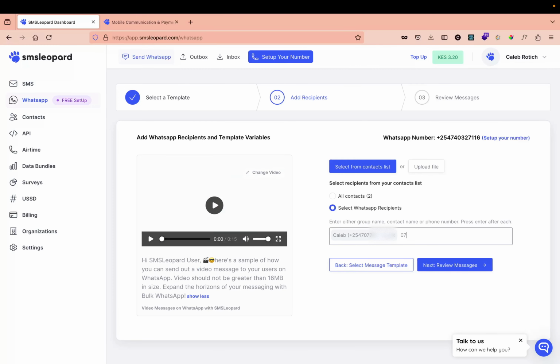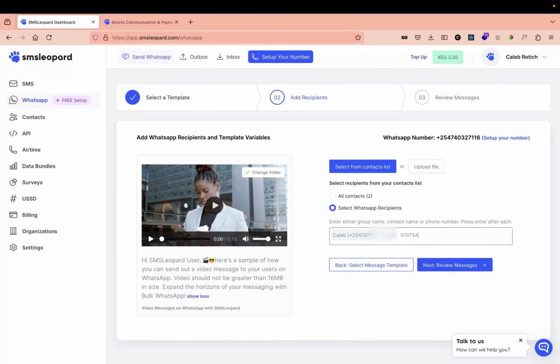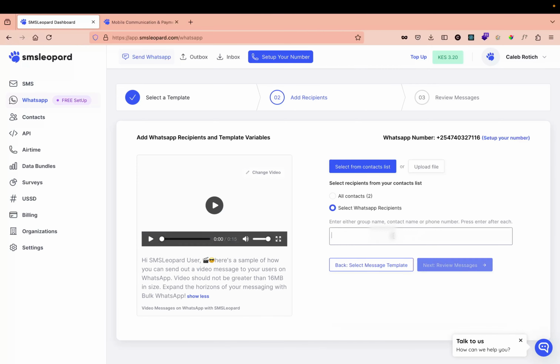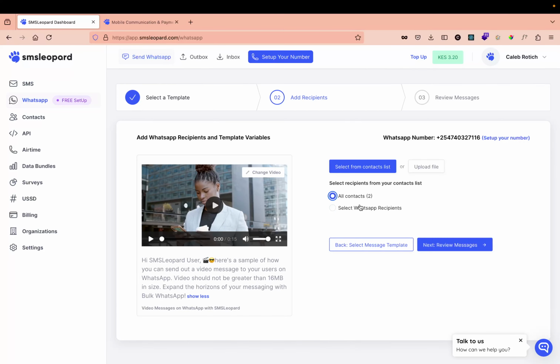You can just add a number for instance, like that, and then you select the number you want to send to. Then once you have your contacts in place, you can click on next to review the messages and to send the messages. But before we do that,